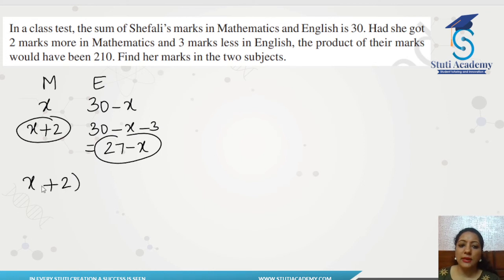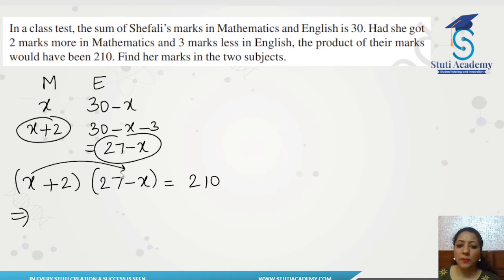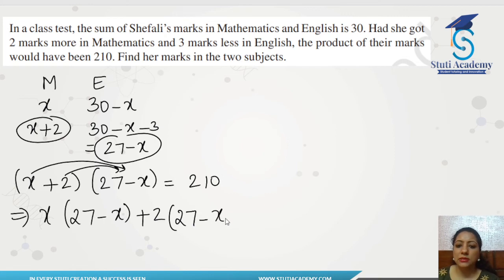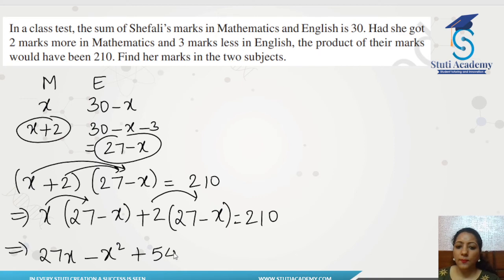So let us solve this. x plus 2 into 27 minus x is equal to 210. Now we can simplify this. This x will multiply here. We'll get x into 27 minus x. 2 will multiply here. We'll get 2 times 27 minus x is equal to 210. Now this will give us 27x minus x square, and this will give us 54 minus 2x